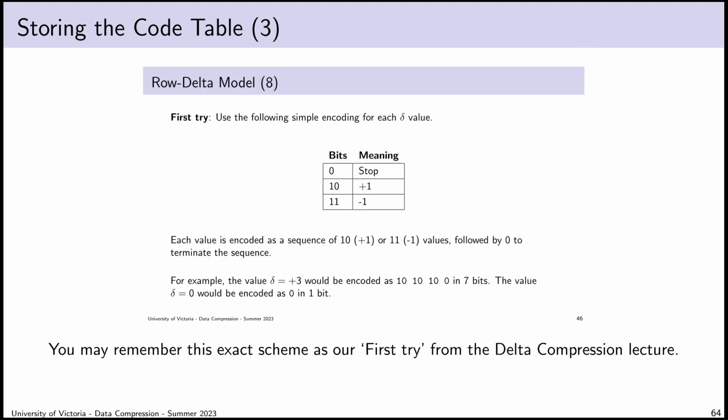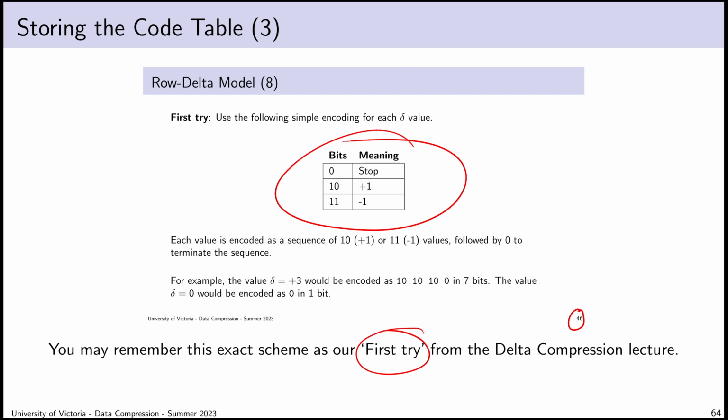You might remember this exact scheme, this exact table, was our very first try at a variable length delta encoding from lecture 6, the delta compression lecture. We observed that it did produce a beneficial result. We were able to achieve some compression, but then we stared at it for a minute, and about 4 slides later, by slide 50 or so of lecture number 6, we had